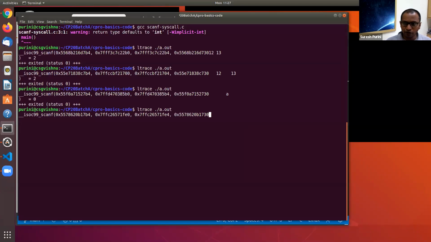Now let's try one more. Let's say press 12 followed by A. What do you think scanf will return? Yeah, it returns 1 because it is able to successfully read 12 and A doesn't match. So that's what happens.